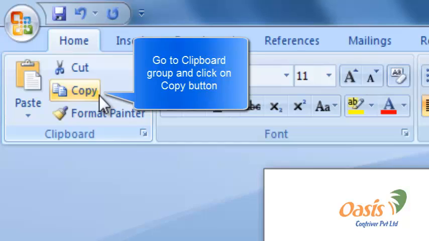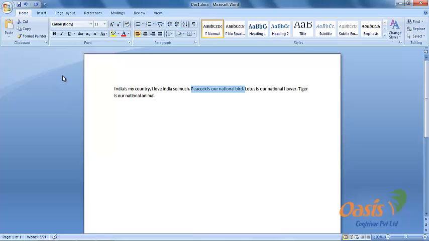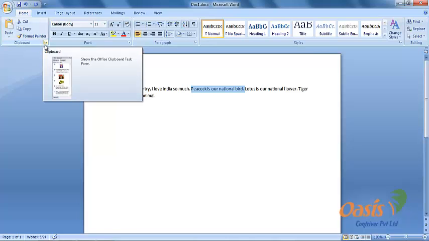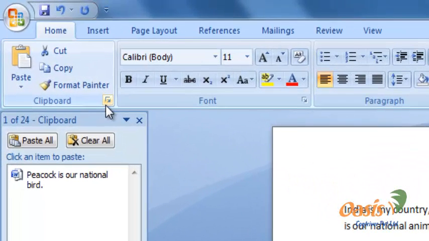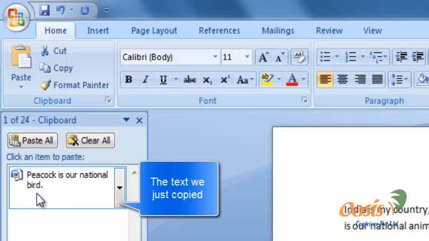Now after clicking on copy, you cannot see anything here because there is nothing you can see from copying a text. But if you click on the clipboard,